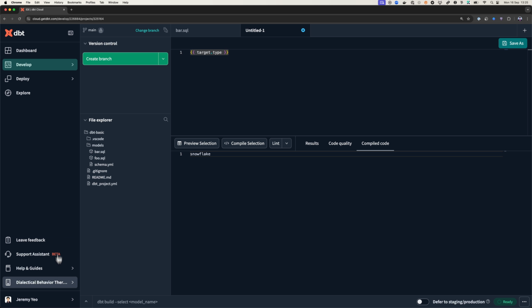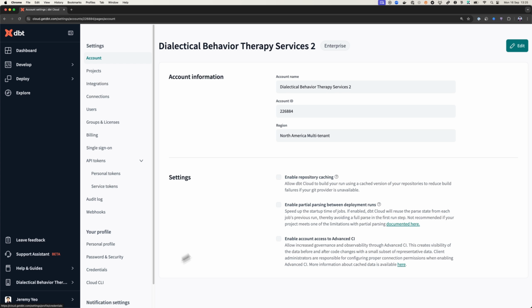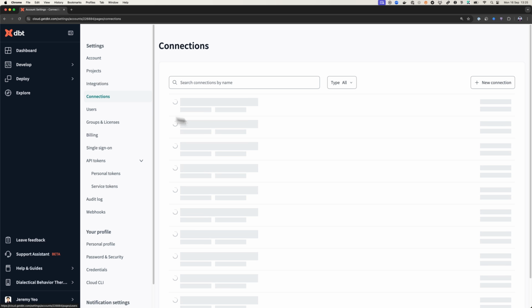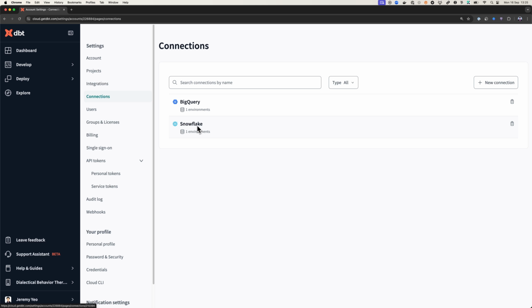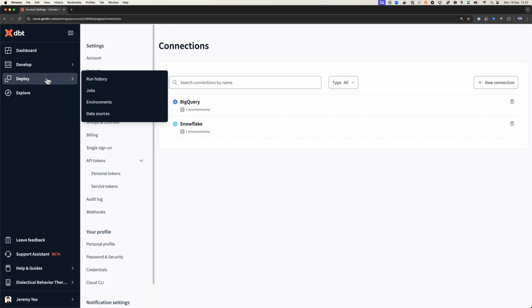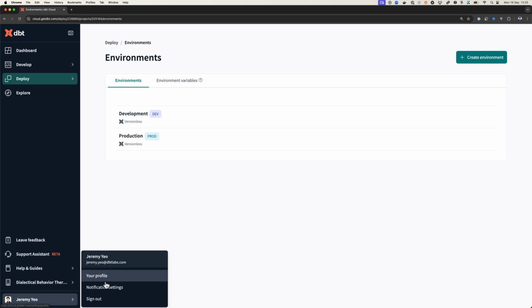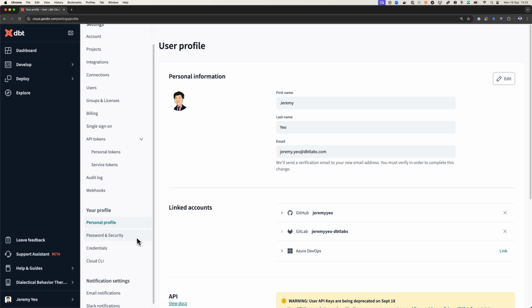So to repeat, what we need to do is we need to first create a new connection that points to a different adapter type, for example, Snowflake. We need to go into the environment. We need to delete the existing environment, create a new environment, set it to the new adapter type, and then each and every user that wants to use the